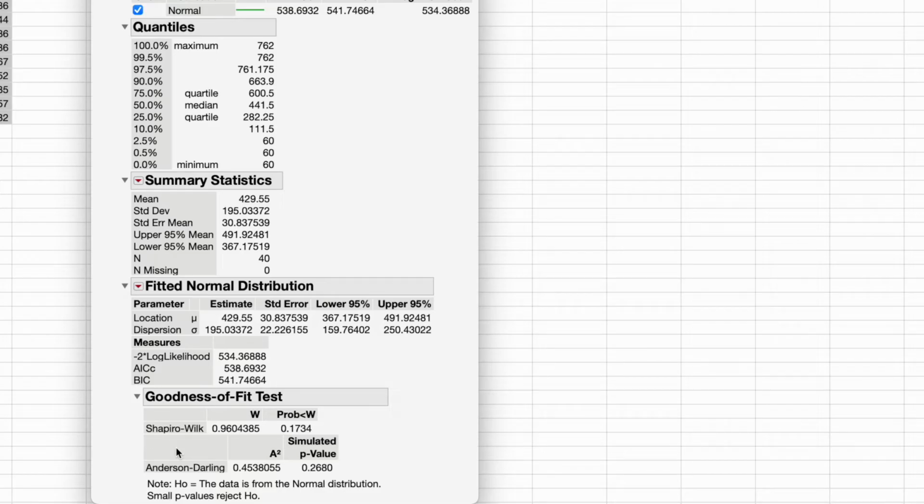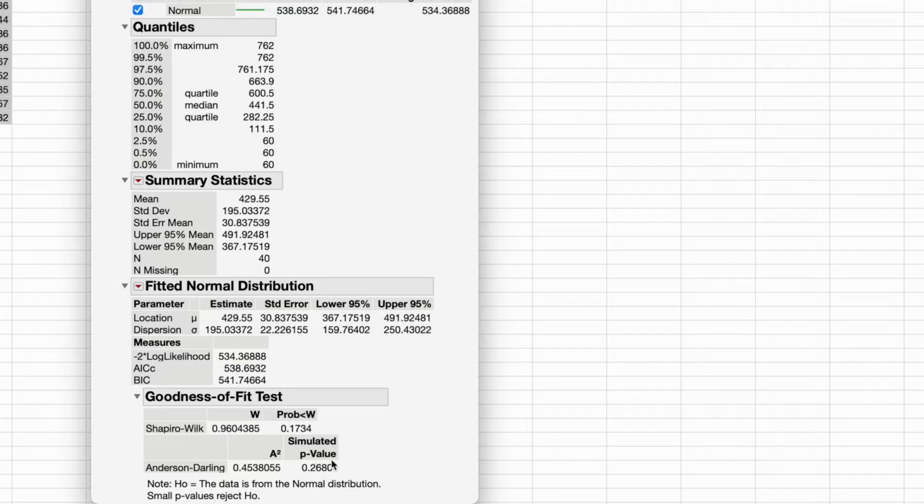In both the tests, the null hypothesis is that the data follows normal distribution or the data is from the normal distribution. The alternate hypothesis is the data does not follow normal distribution or the data is not from the normal distribution. And as we know, if the p-value is low, null must go. So suppose my level of significance is 0.05, I just need to compare the p-value obtained by the tests